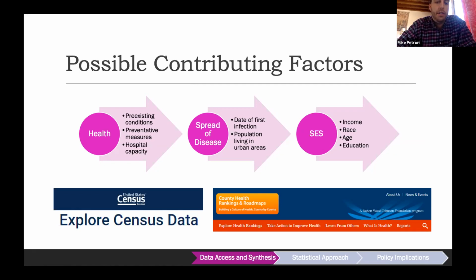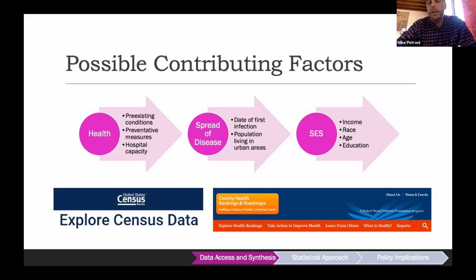We also wanted to look at potential proxies for the spread of the disease. And these included things like urban population percentage in a county and how long it's been since the first case